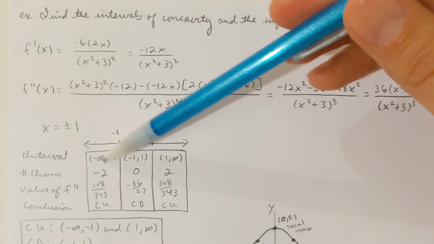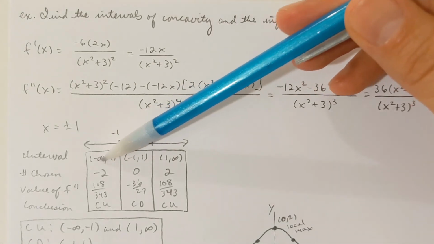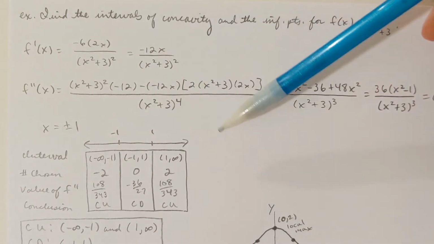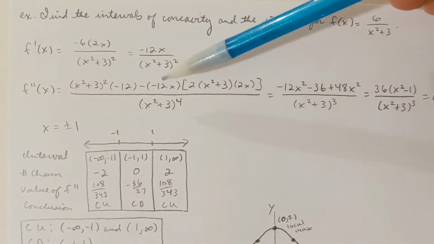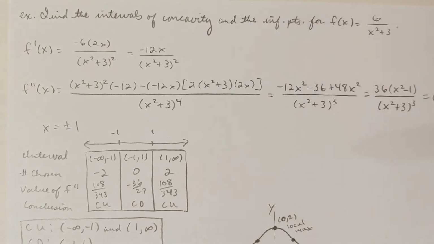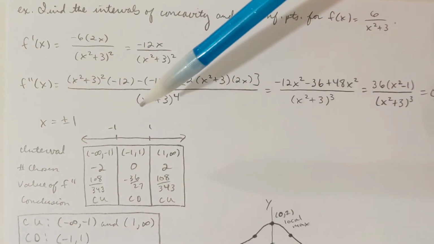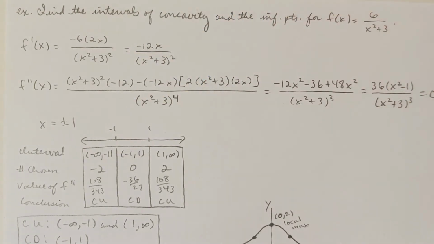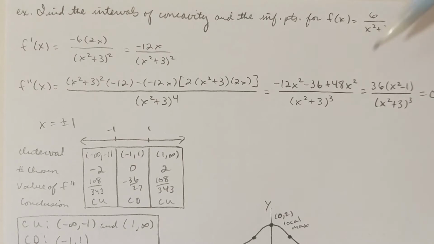Like I'll have a student selecting 0, like in this first group. 0 is not in this group. Okay, so that's going to obviously lead to a wrong answer. You can pick any number you want, but what I said earlier, also try to select nice numbers because you have to do the calculation. And you don't want to be selecting wildly ridiculous numbers that you got to run to a calculator for or something like that. So like if I were to let x be negative 2